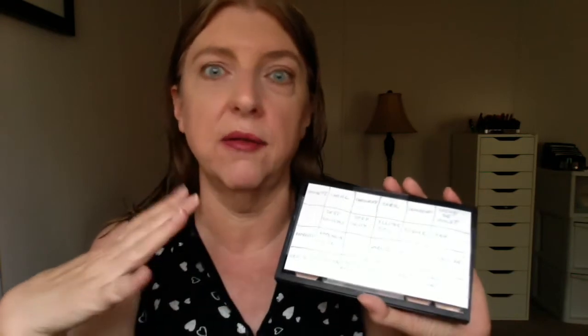So in the past, I used to use labels and get really fancy with it. But the problem with labels is if you change your mind, it's going to leave a glue residue. Now you're going to have to use something to try to get that glue off. You're going to either need to use a razor blade or isopropyl alcohol or something to take that glue that's left behind, and it gets messy and it becomes a chore. I don't want it to be a chore. I want to be able to just rip this off and make a new paper if I want to,